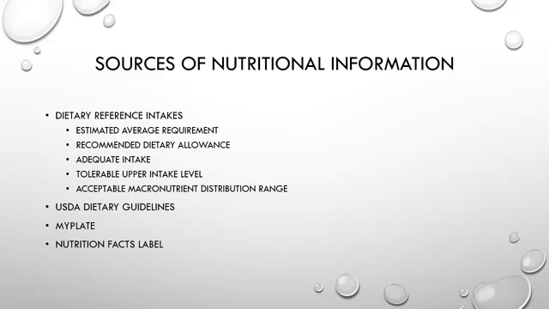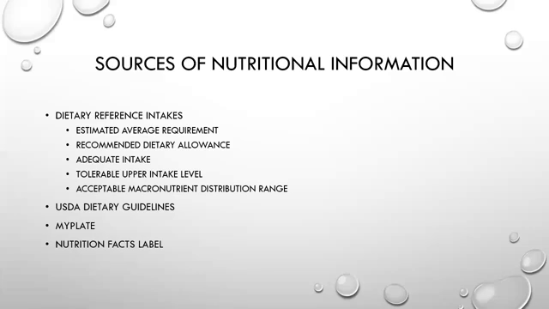Recommended dietary allowance, or RDA. This is the average daily dietary intake of a nutrient that is sufficient to meet the requirements of most people. So this is about an individual nutrient of some kind. So your recommended dietary allowance of protein is whatever it is. Adequate intake, or AI, is the amount of a nutrient that is consumed by a group of healthy people.